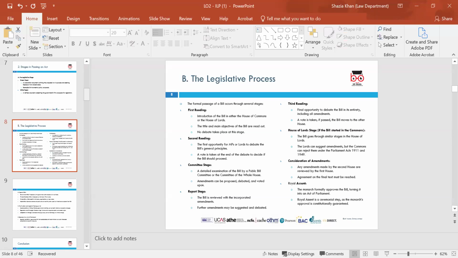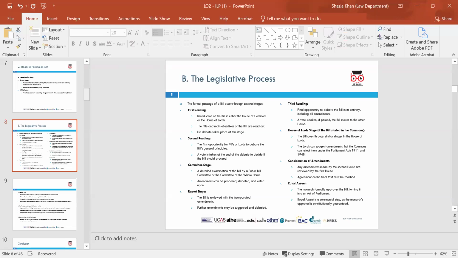Under the same Act, the Speaker can designate financial bills as money bills if they deal solely with taxation, loans, or public money. A money bill can be presented for royal assent even if the Lords do not agree to it. Under the Salisbury Convention, the Lords will not block bills at second stage if they are part of the government's manifesto